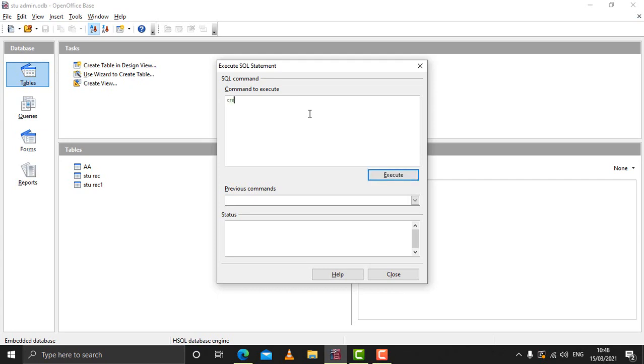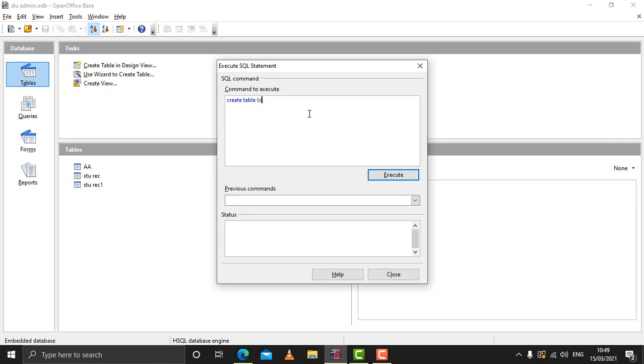You write create, then space, then table, then space, then you give the name to the table. Say for example I give the name b to the table. After this you open a bracket, and then you write the field name and data type.